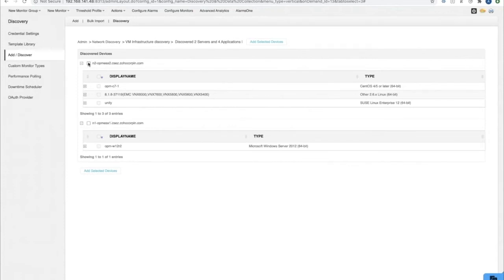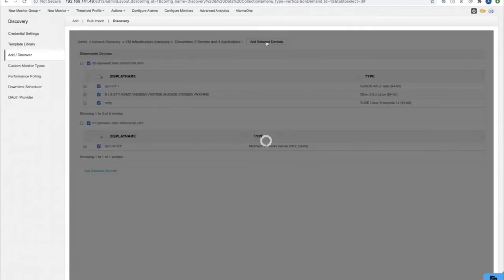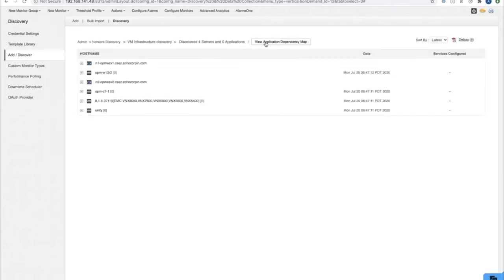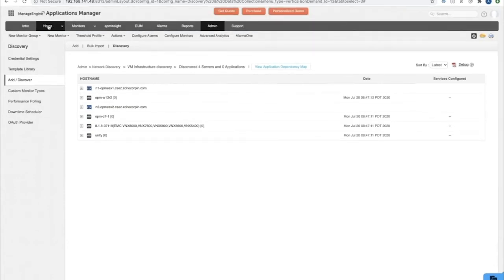So these are the 4 applications. Now, right here, I can select the instances that I want to add and monitor. If I don't want a particular instance, I can uncheck this box and then click on add. However, I'm going to select everything and I'm going to click on add selected devices. So we see that all of these applications have been added to the console, and I'm going to go back